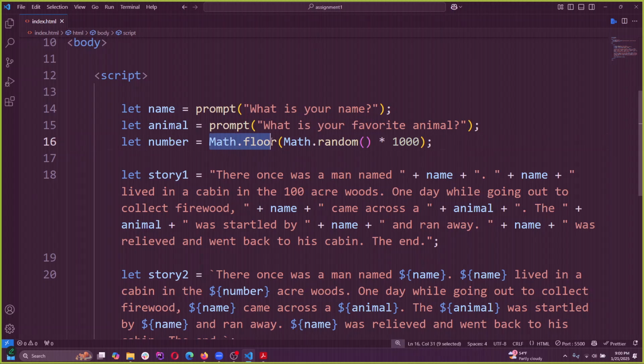Okay, so this is a function on its own, and this is another function. Basically, we're taking the result of this, right? Maybe it's like 97.634, and this is just gonna round it down to 97. So it's gonna result in a random number between 0 and 1,000. So if we save that,